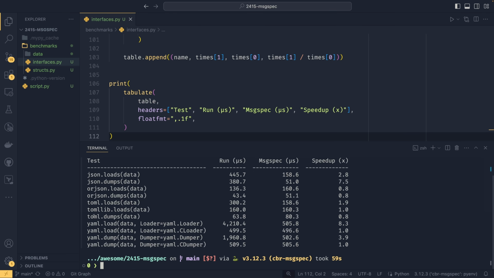It is actually slightly slower at dumping data than TOML. So TOML is really where Msgspec falls down a little bit. It is faster than the third-party library at loading TOML data though. So potentially, but then you have tomllib. So if you're below 3.11, it is faster. Otherwise, it's really not. The YAML, you can see that it pretty much just uses the C loader and C